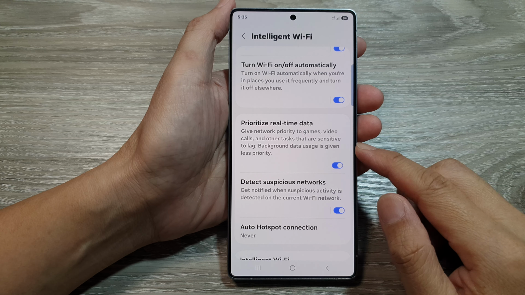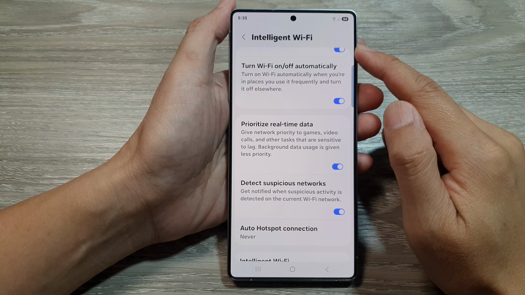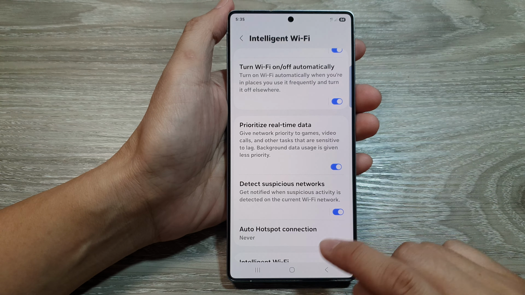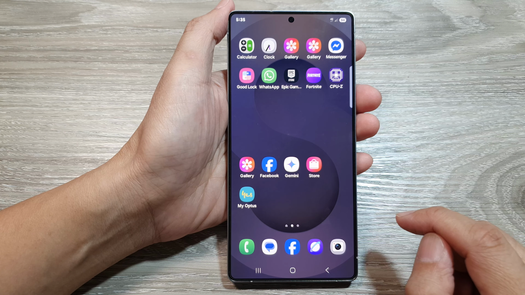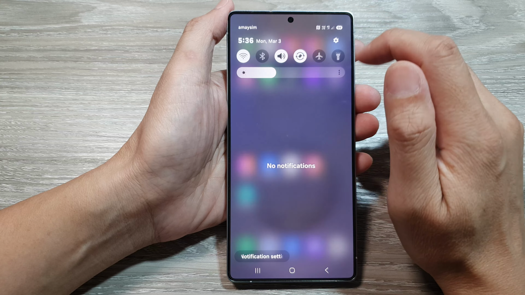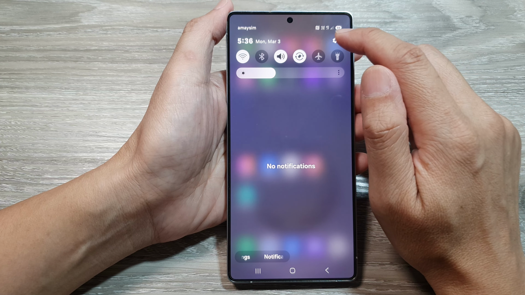How to turn on or turn off prioritize real-time data in intelligent Wi-Fi on the Samsung Galaxy S25 series. First, tap on the home button to return back to the home screen. Now from the home screen, swipe down at the top, then in the quick settings panel, tap on the settings